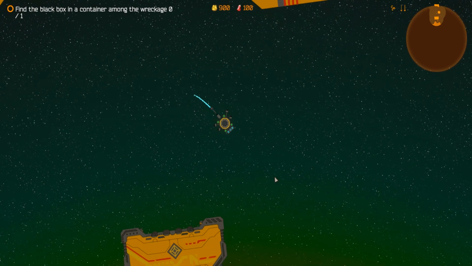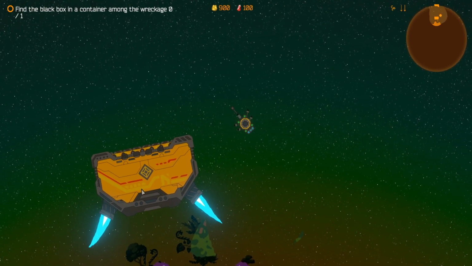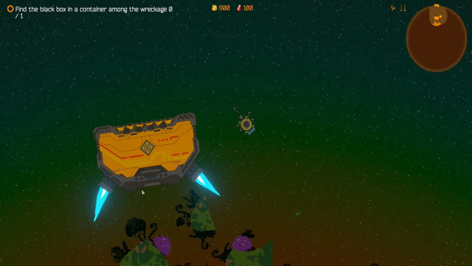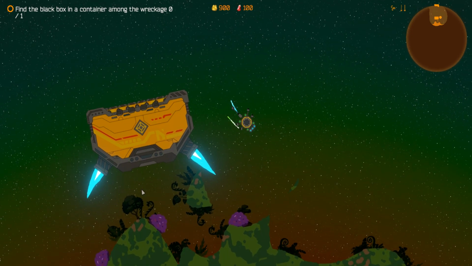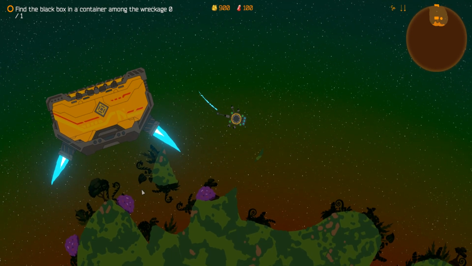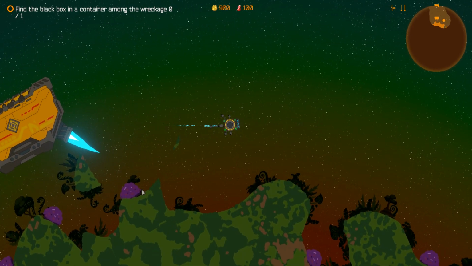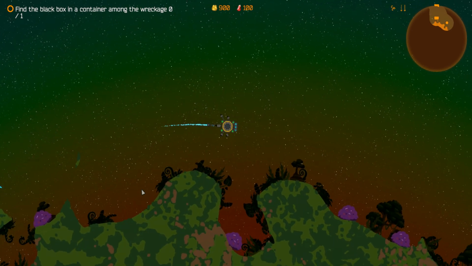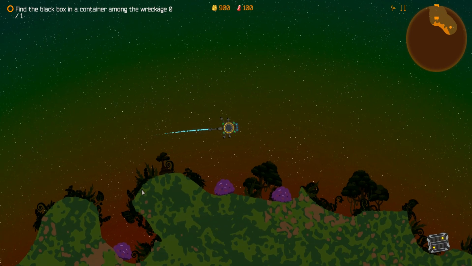So we are looking for the wreck. Now, it took me a little while to figure out what this thing was. This is the collection point for the containers. So we're going to pick up the containers, haul them back to this point, and drop them off. There are 4 containers around this planet. Yes, this is a planet. We're going to go around and see if we can find them. And then we're going to have to pick them up with the magnet and haul them back to